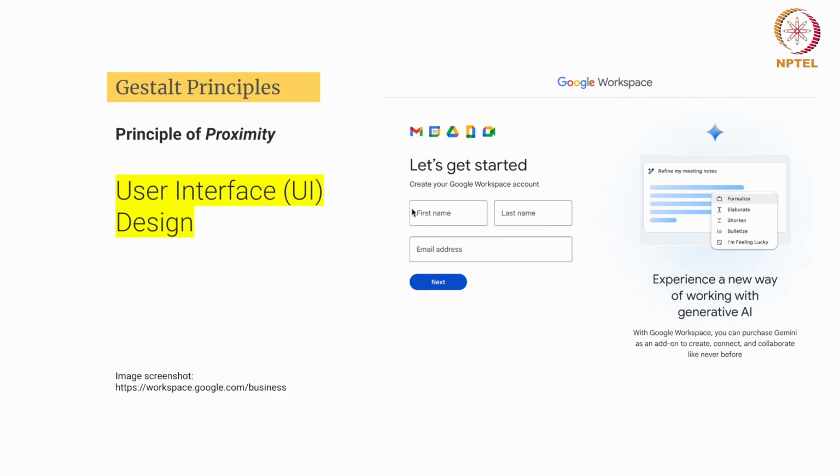And when you see this image here, these are the fields which are associated, right? First name, last name, email address. Then you complete it using the button Next. Again, this is purely based on how you are grouping it. So you will group the segment details in one segment and submitting in one, right? And a brief about that here.